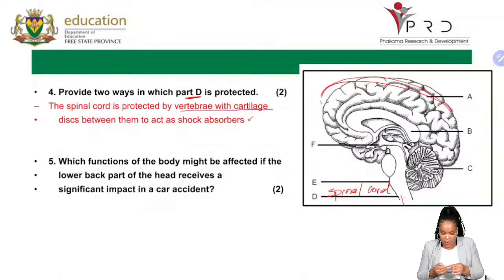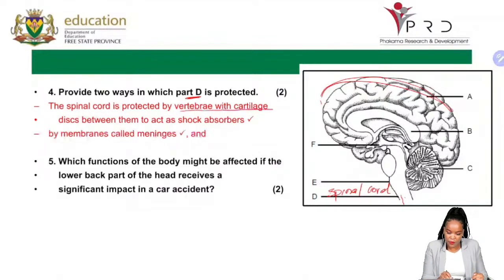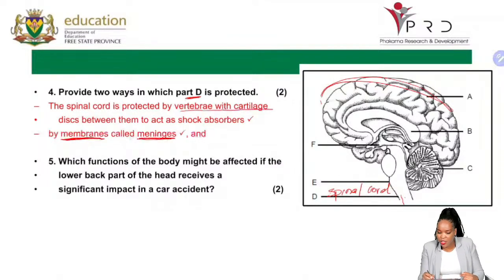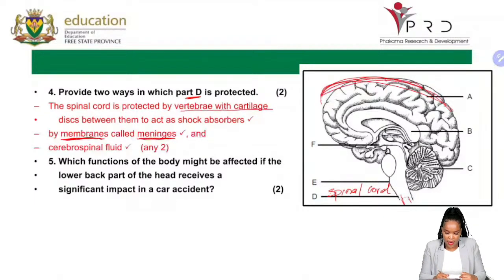But that is not the only way it is protected, because those discs can absorb shock. If you bend, if you do something, it will absorb whatever shock so that it does not go straight to the spinal cord. Then it is also protected by the membranes called meninges. Remember, we've spoken about the meninges when we said the brain is protected by the meninges. Then the spinal cord is also protected by the